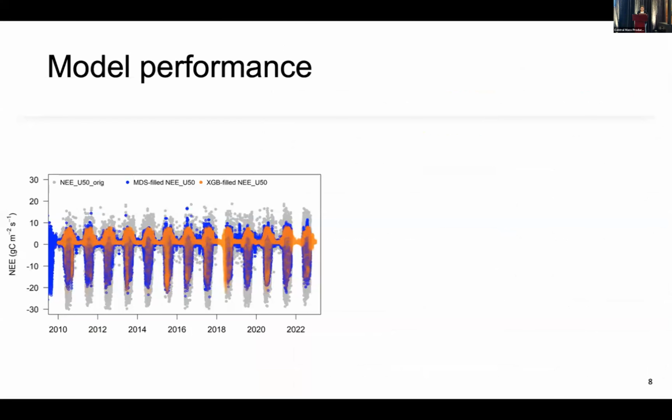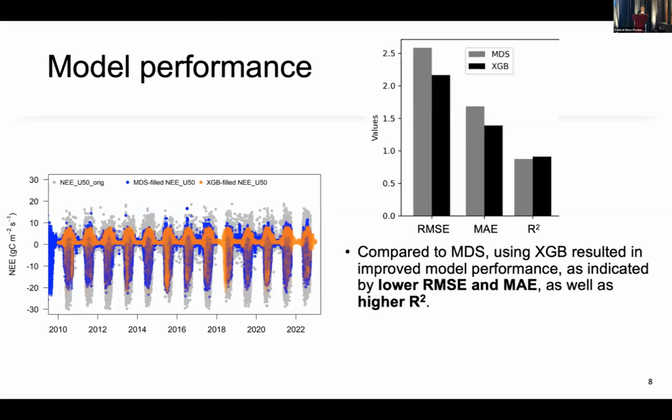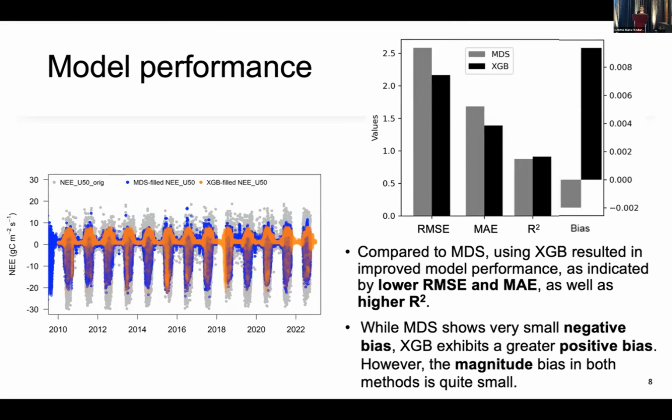Here are the results. The NEE gap filled by XGBoost in orange successfully covers the gaps which cannot be filled by MDS. Regarding the model performance, compared to MDS, using XGBoost results in improved model performance as indicated by lower RMSE and MAE, as well as higher R-squared. While MDS shows very small negative bias,